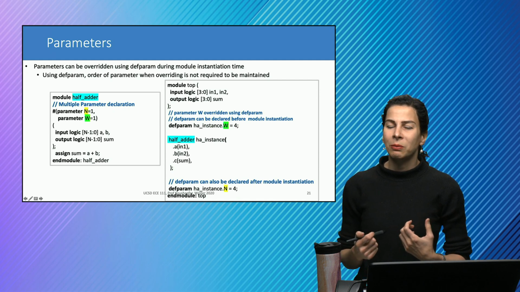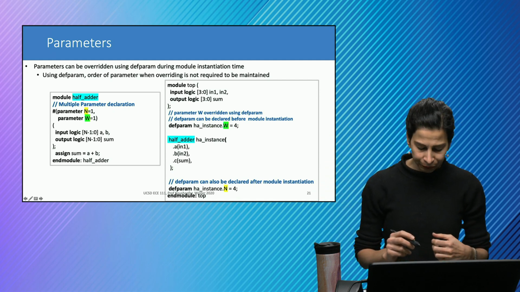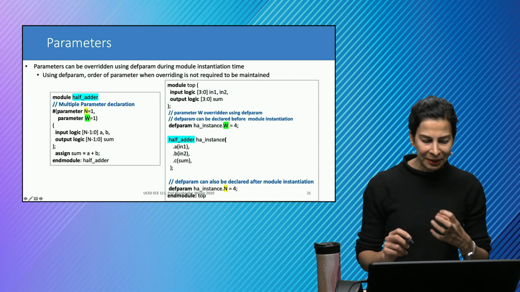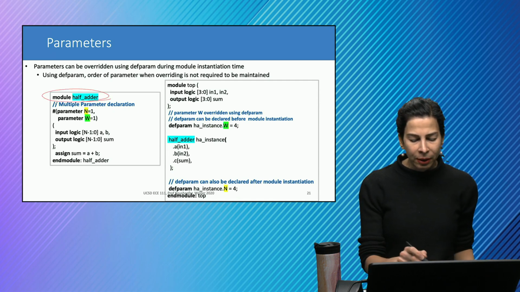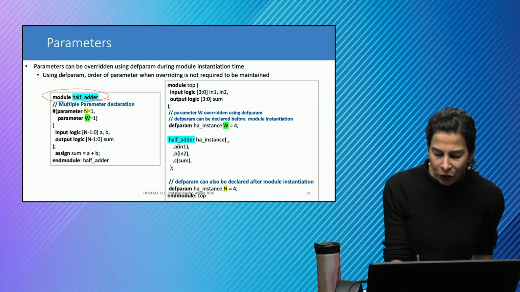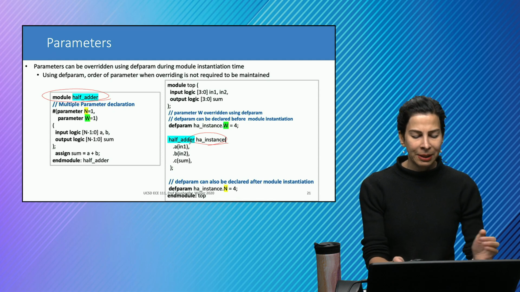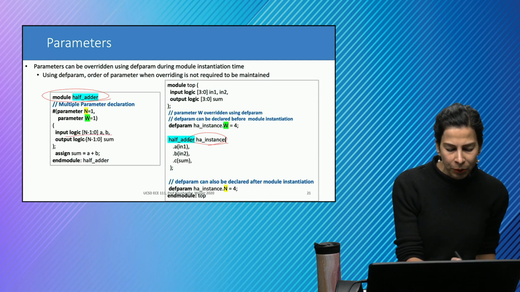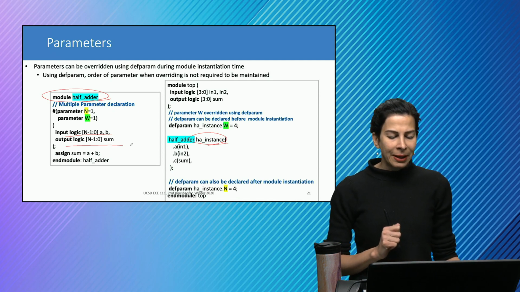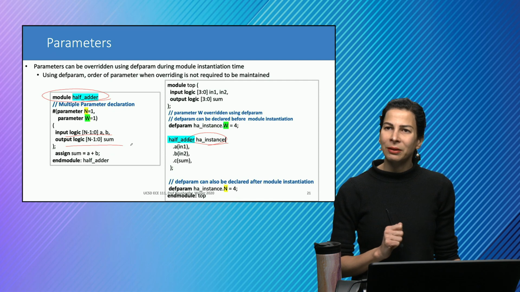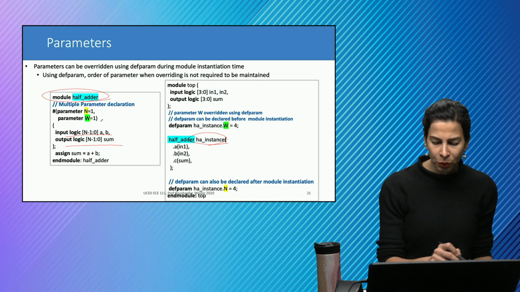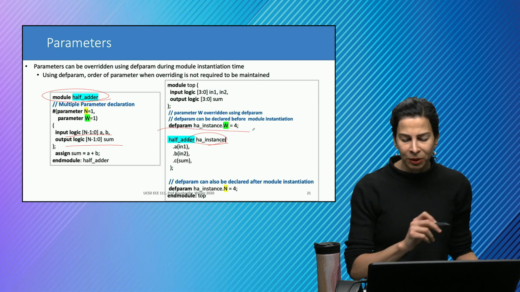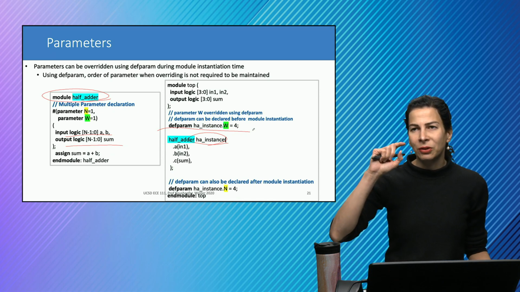Now the defparam that I'm showing here in the top module is going to create a half adder instance. Let me just go quickly here. We have a module half adder, and here we have a module instantiation, half adder instance, which is basically making an instance of the half adder with the input and output logic that we had earlier. And now here I'm defining, there was a parameter in my adder, and that parameter I can redefine here. I had a parameter width equal to 1, but here I'm going to define the parameter for half adder instance, or HA underscore instance,